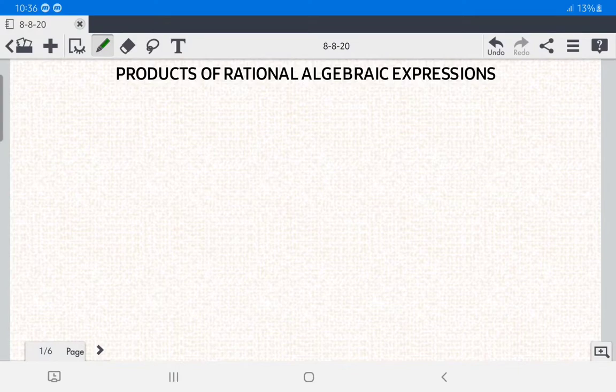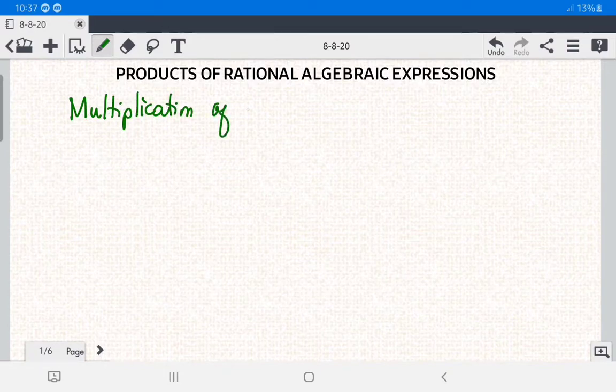Everyone, so today we're going to discuss finding the product of rational algebraic expressions. Before that, let us have the concept of multiplying rational expressions. The multiplication of rational expressions